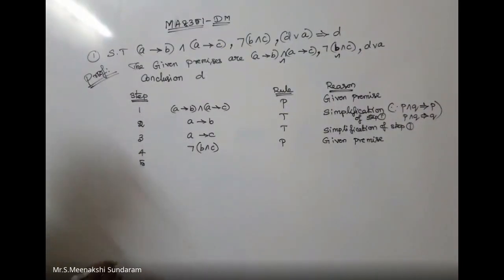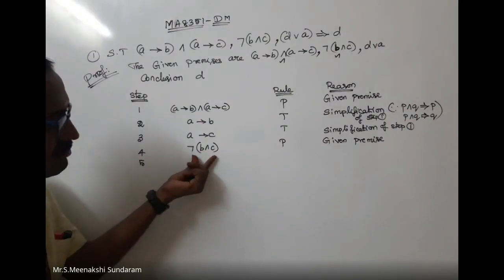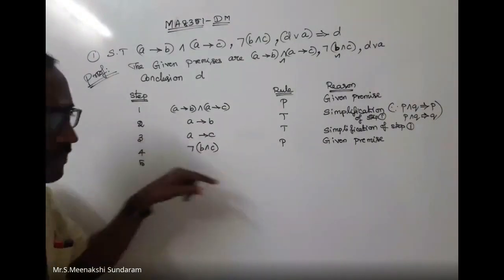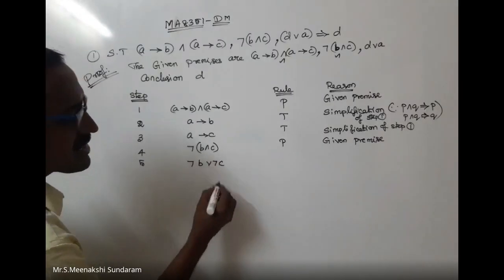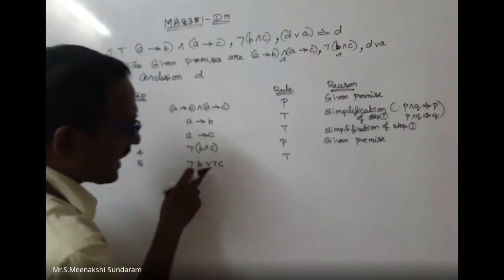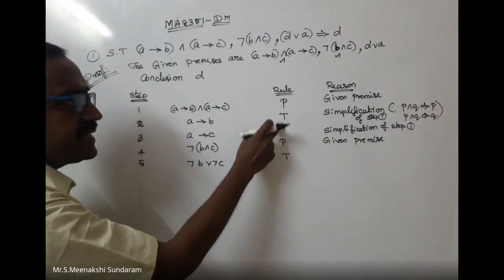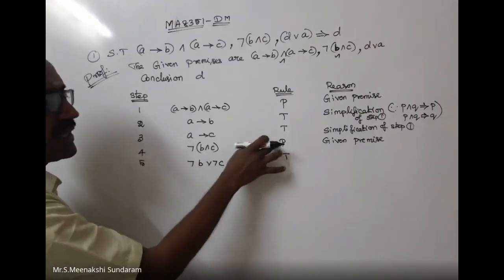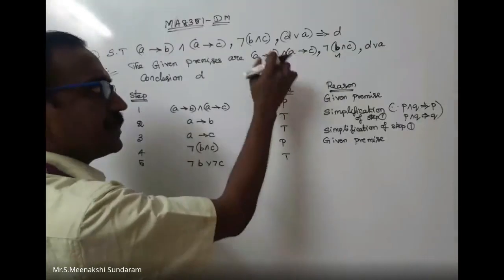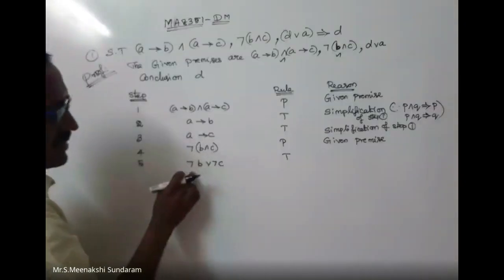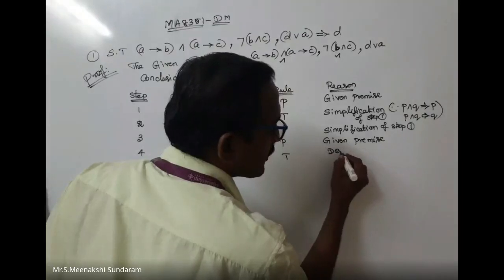Fifth step. I can apply the formula for negation of P conjunction Q. Then I apply De Morgan's law: negation P, disjunction, negation C. That is rule T. I can apply the formula. That's why I write T. Mostly you can write P, T, P, T. P means only three P will come, and T repetition also you can use. So negation P, disjunction, negation Q. I can apply De Morgan's law.